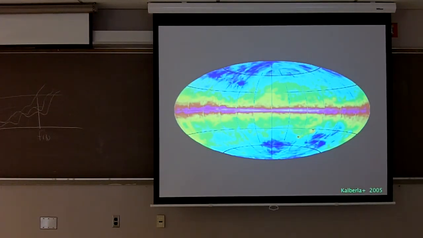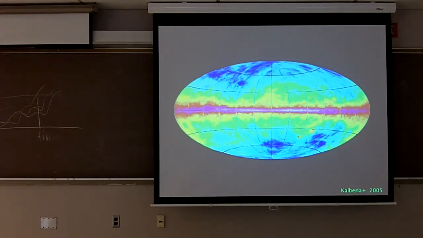Now when you look in any given direction in the sky with the radio telescope, you're going to see a spectrum, right? So this isn't actually an image, the data set that this Leiden-Argentine-Bonn survey is, it's actually a data cube. So you get a position, say galactic latitude, galactic longitude, and then velocity as your third dimension. Okay. So that's the kind of objects I'm going to be talking about over the course of the next little while.